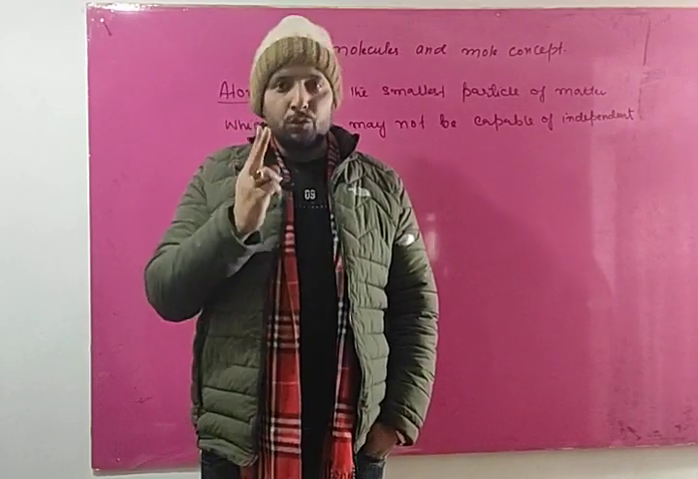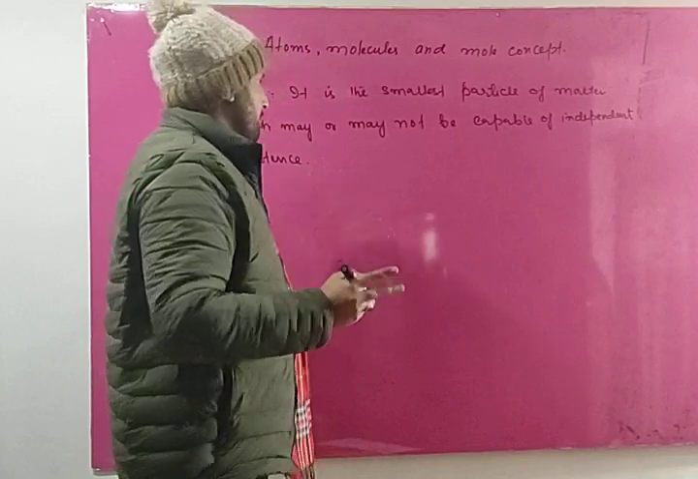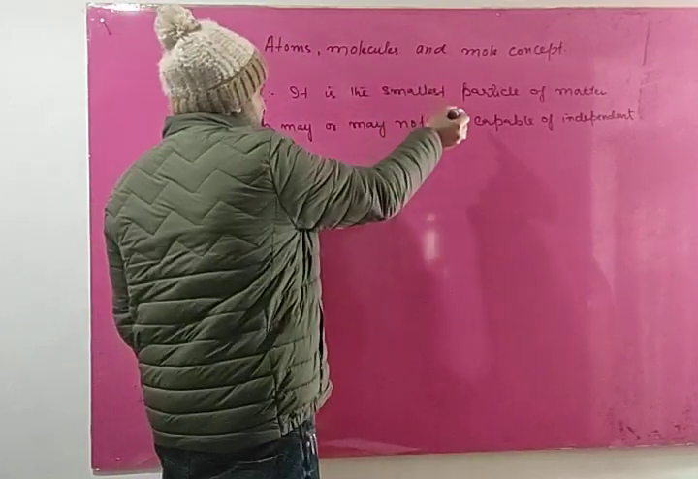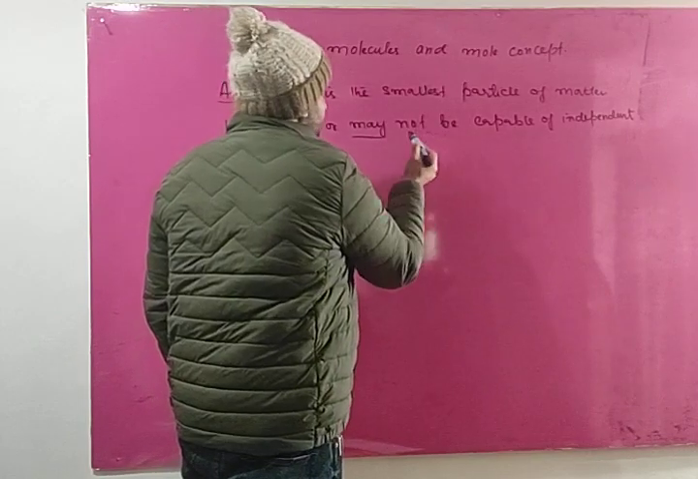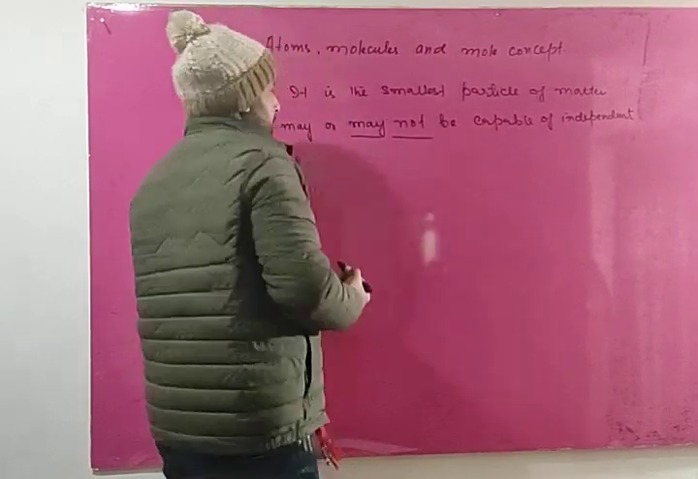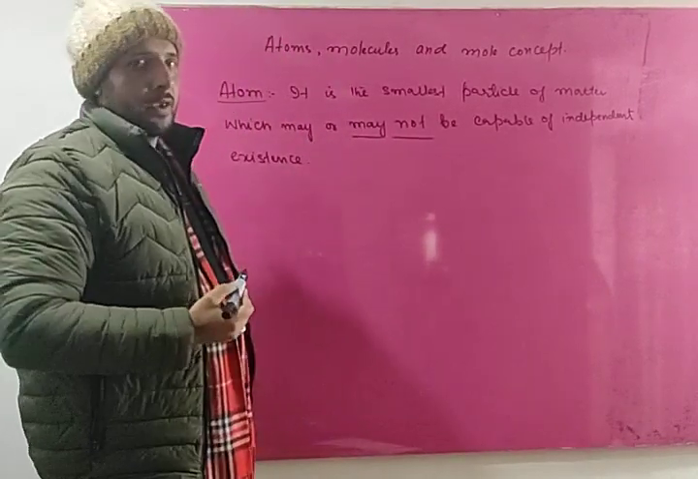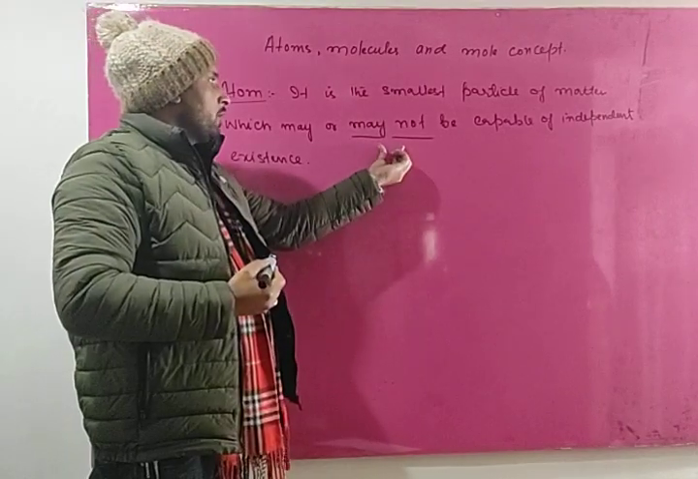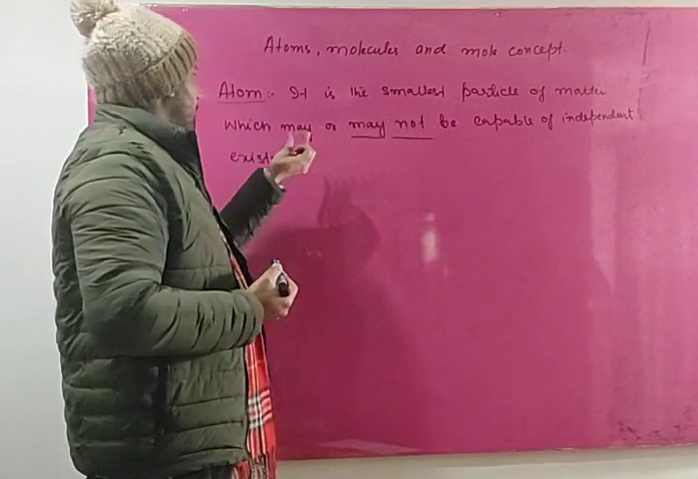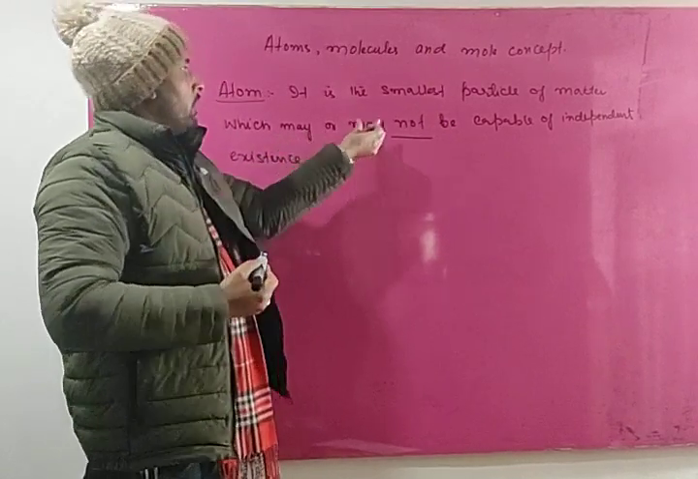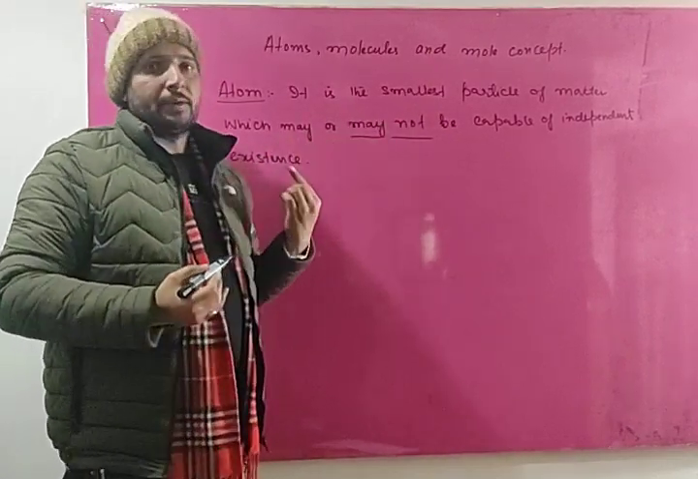Now, there are two parts in this definition. Smallest particle of matter is the atom, but it may or it may not be. So, it is the smallest particle of matter, no doubt, but it may or may not be capable of independent